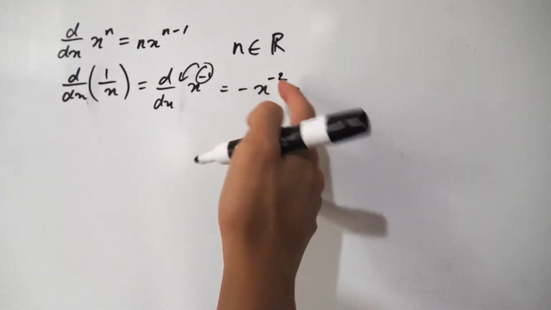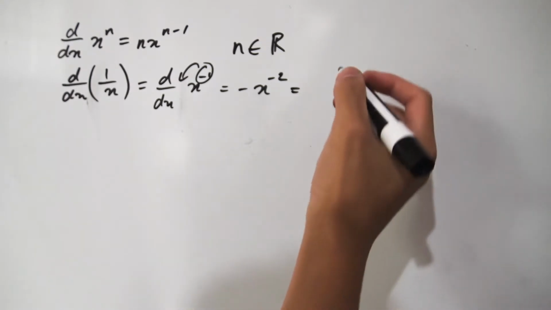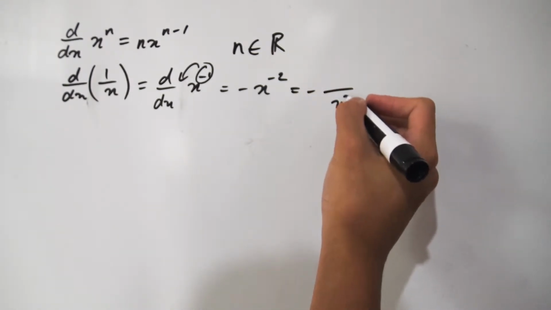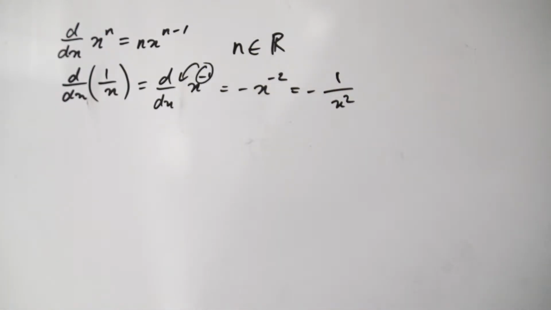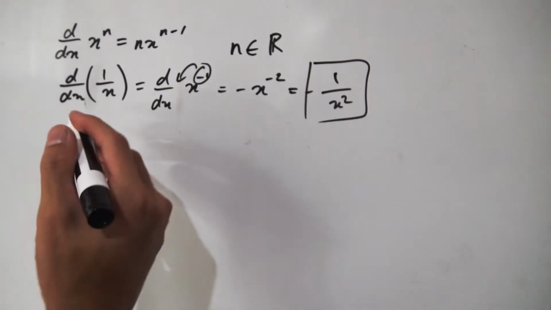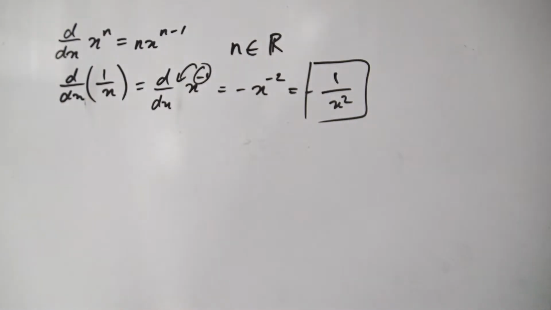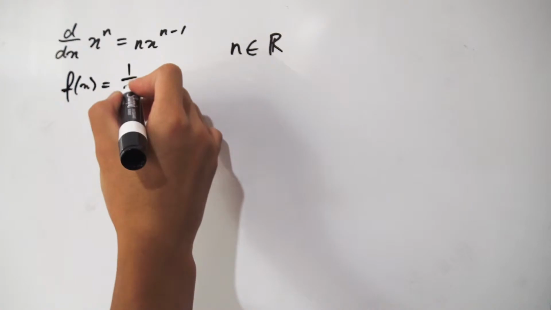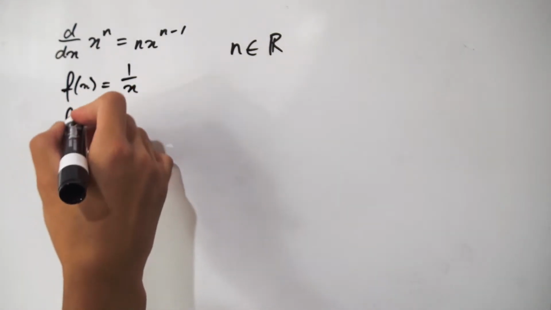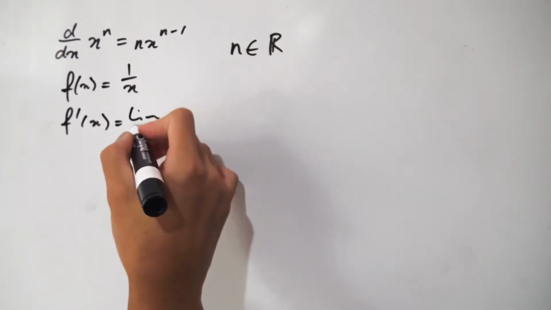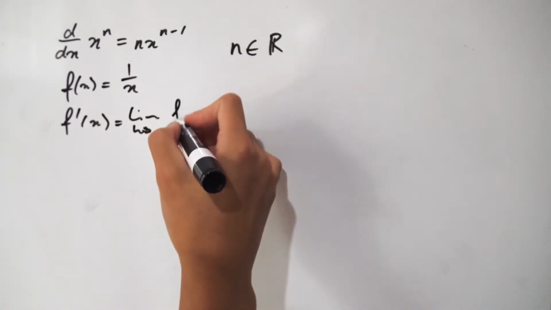So now because we have this negative here, this x can flip down to the bottom to get a negative, something over x squared, and that something is just 1. So this in fact is the derivative of 1 over x. Alright, so now for the more rigorous proof of this by using first principles. So first of all, let's define our function f of x to be 1 over x. Well, f prime of x, the derivative of f of x, is the limit as some h approaches 0 of